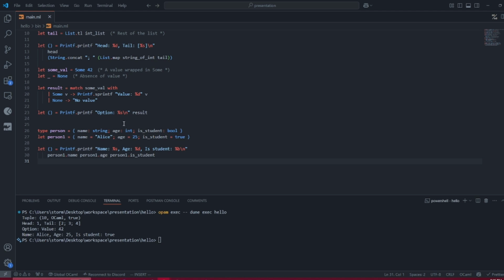Records are like JSON data structures. We first have to create a new type. So for example, here we are creating a person type which has a name of type string, an age of type integer, and is_student of type bool. And then we are creating a new value of this type with the name Alice, age 25, and is_student true. If we print those,